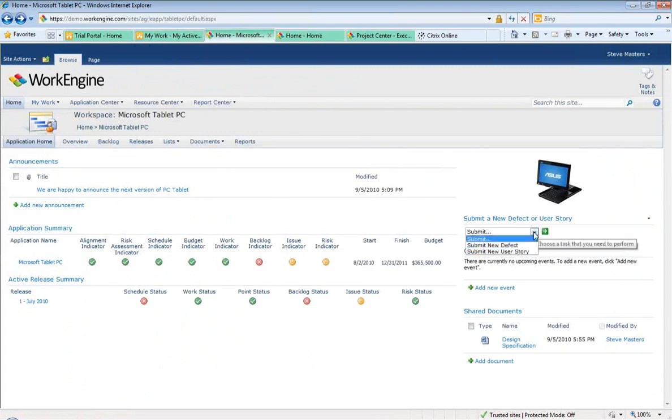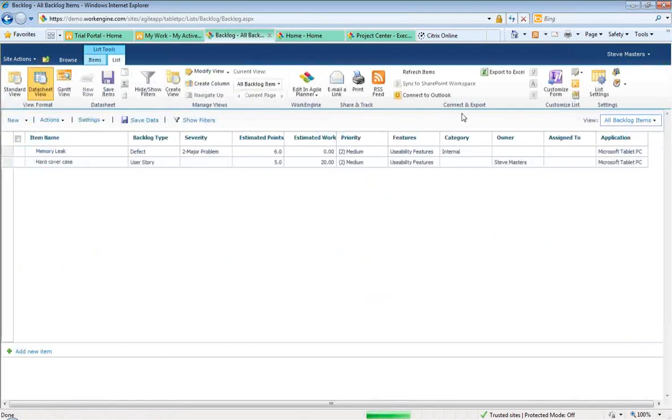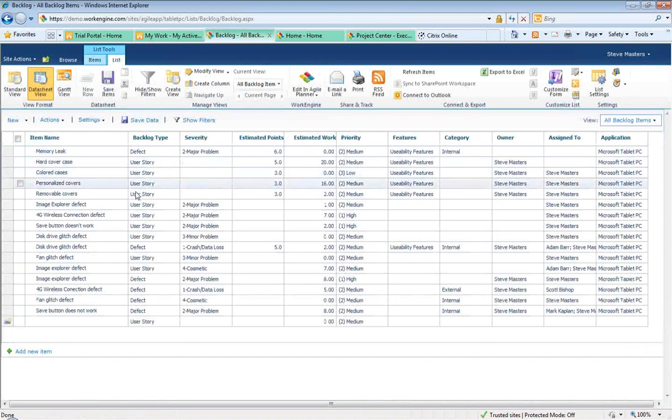I can submit defects and user stories or features and incorporate them into the backlog. If I wanted to go into the backlog, I could take a look at the backlog of items that are captured against this product or this piece of software. There could be user stories, epic user stories. You can actually rank them from points and work effort, features, etc., and really put them into that backlog mix